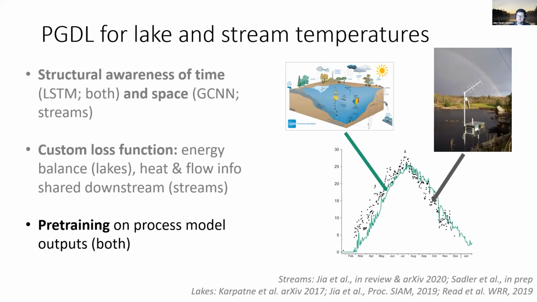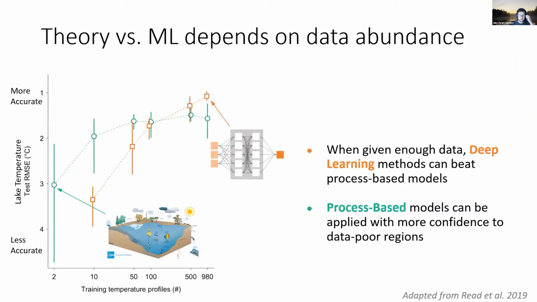Okay, so those are the 3 different components that we've been using. And then the following is going to be an example of how we've been applying this process-guided deep learning model for predicting lake temperature. So in this example, we've trained 3 different types of models. A process-based model, which is represented by the green line, a pure deep learning model, which is an LSTM represented by the orange line, and a process-guided deep learning model, which would be in purple, which is not yet on the screen. And we train these 3 different models under a variety of data sparsity conditions, ranging from